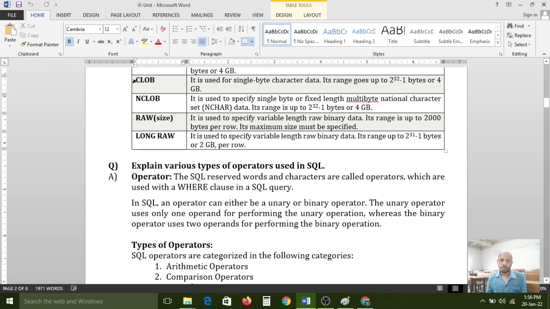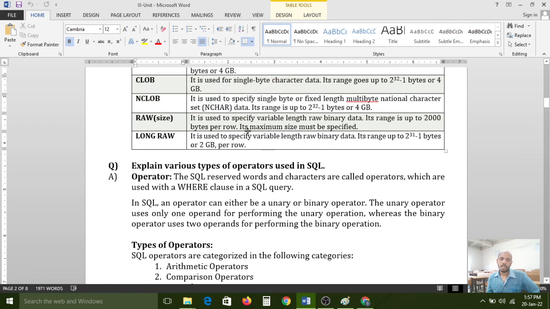Here it is also the same. CLOB is related to the ASCII standard. NCLOB is related to the Unicode standard. Compared to CLOB, NCLOB will show high performance, so it is better to use this one. While practicing in the lab, CLOB is enough, but in real time, NCLOB is very, very important to store our actual data.